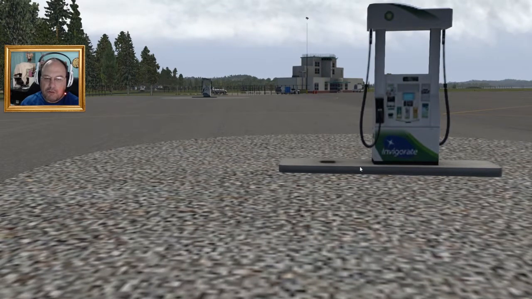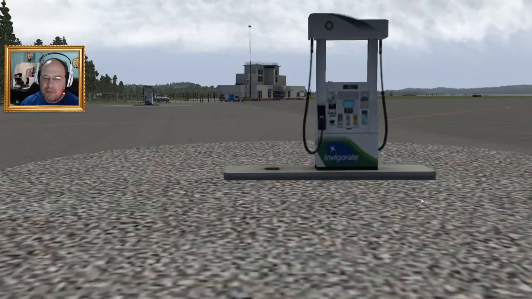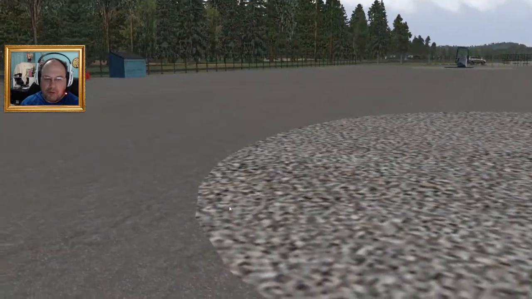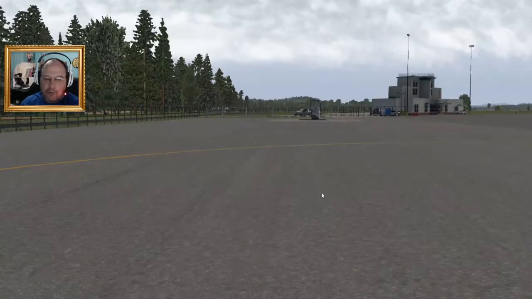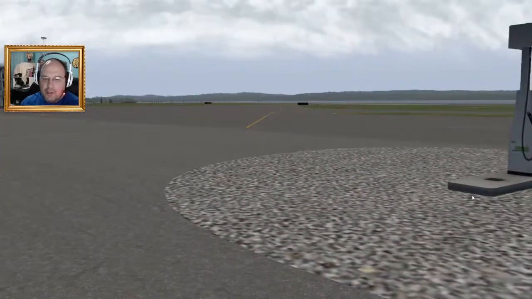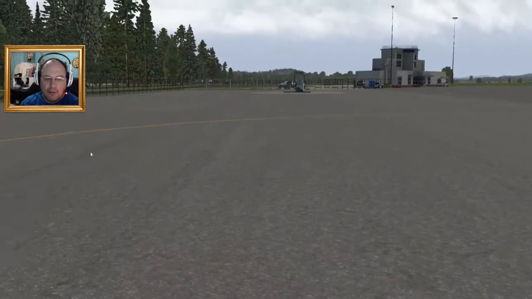I always thought it was like cheating when I went into the settings to put gas into it. I've tried putting a plane up to it and it doesn't fill it. So I was just curious. Now I know that you can role play with it and just say, oh, a tanker with gas came by and filled it up, which is probably more realistic anyway. But